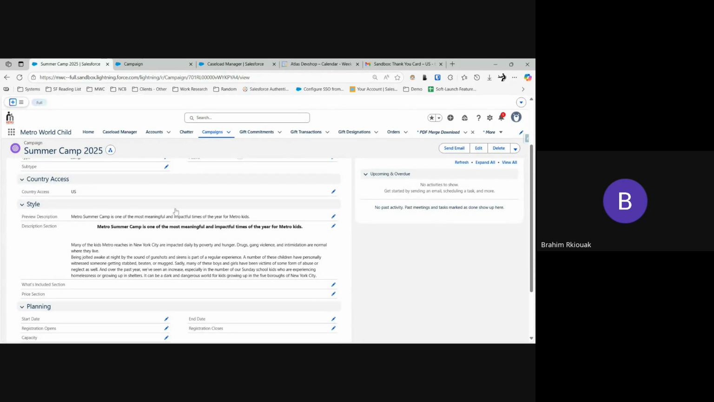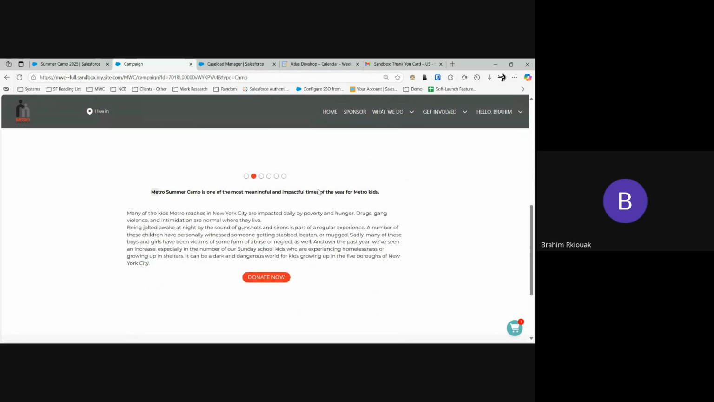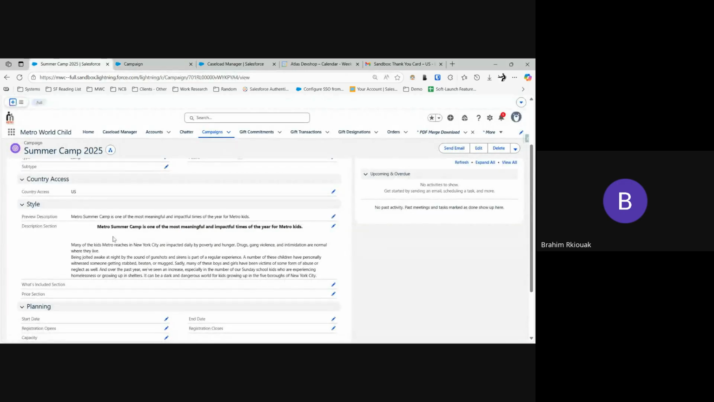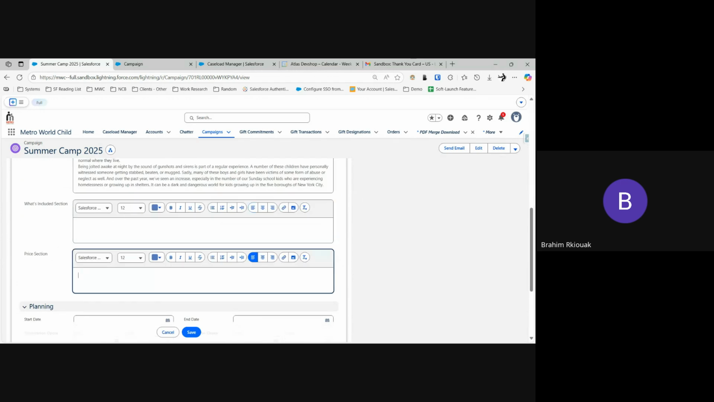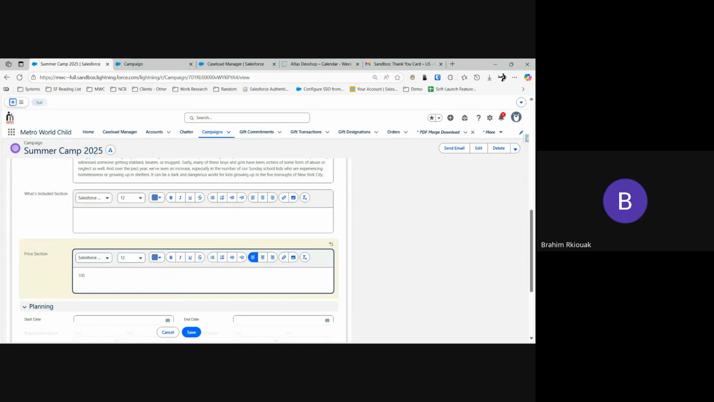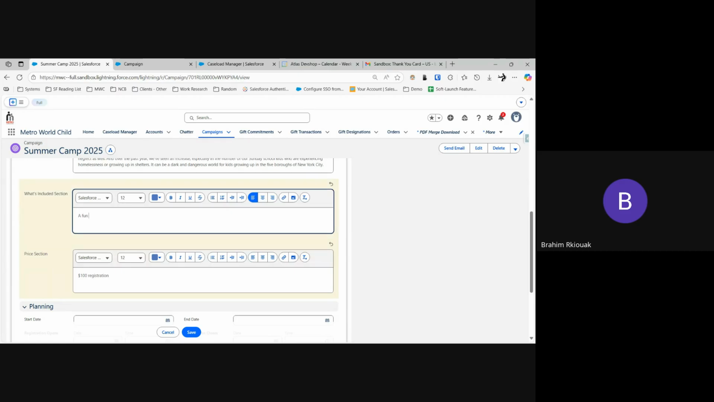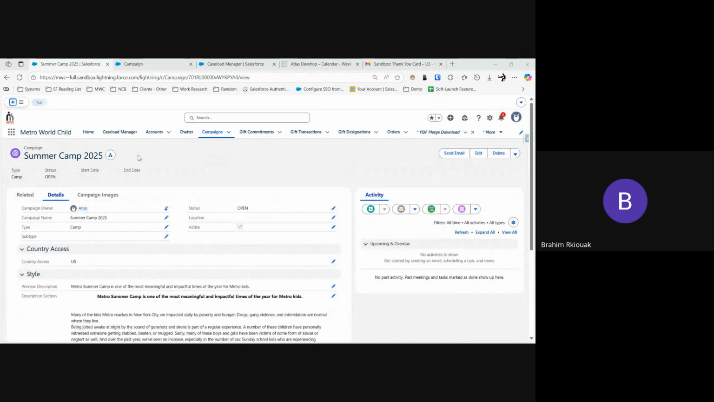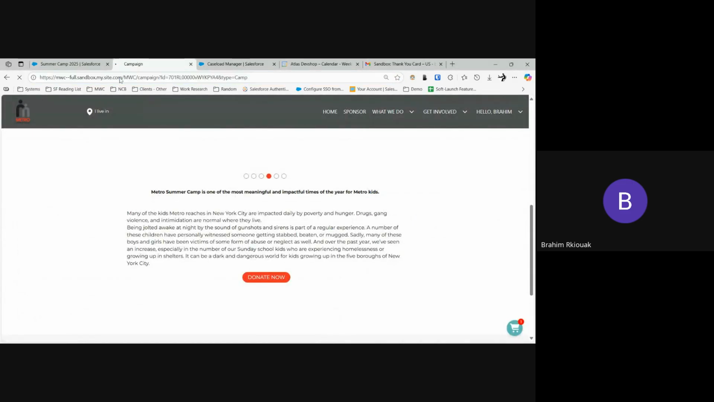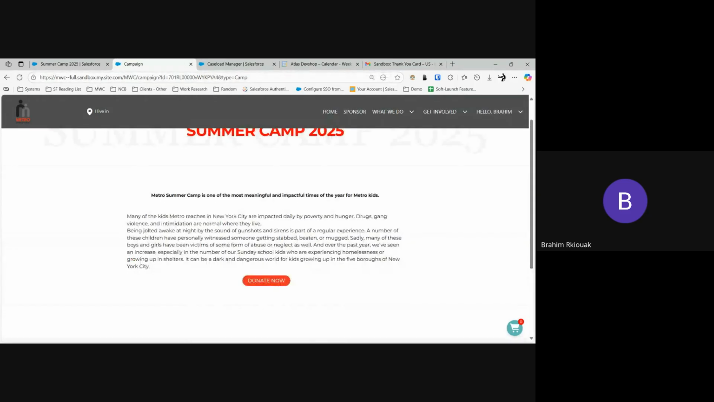From the details, this is actually the text that we're seeing here. This is the one in the view that has all of the campaigns, and this is some of the other text that we put. And you can add some other sections like what's included or price, let's say $100, registration, and what's included, like a fun camp for children. So I just save those changes, and if I go here and reload the page,